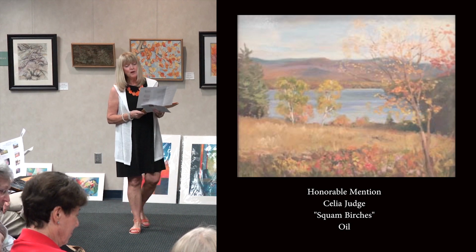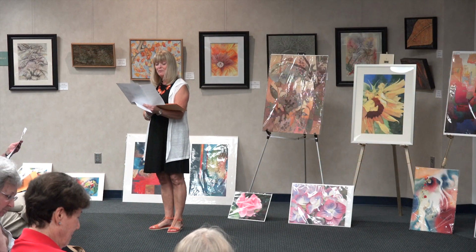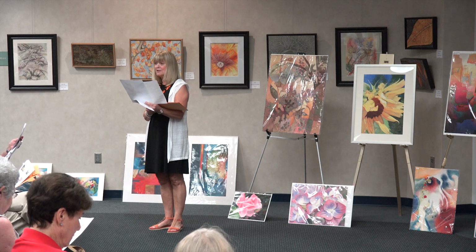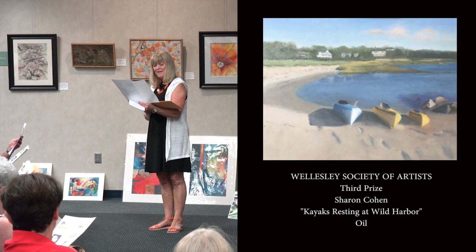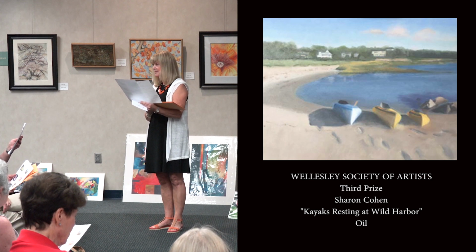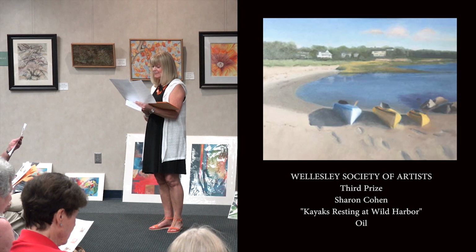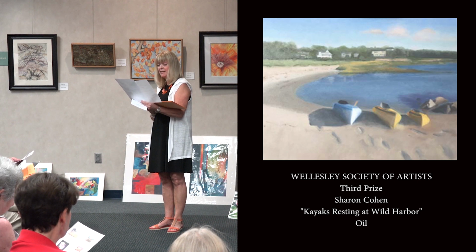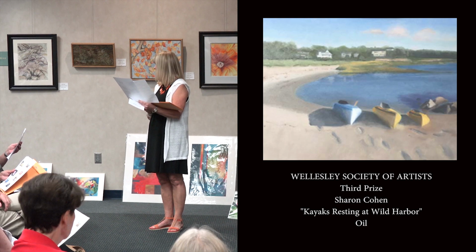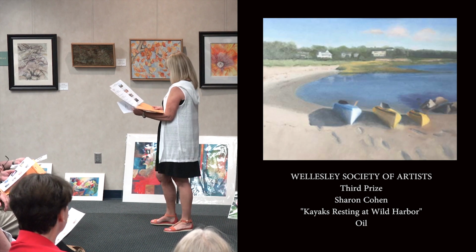Okay, moving on to our 3rd place. We have Sharon Cohen for her Kayaks Resting at Wild Harbor. And the judge writes, this painting has a great sense of focus from the foreground to the background. The artist illustrates variety within unity, taking into account color, value, and design. Congratulations,